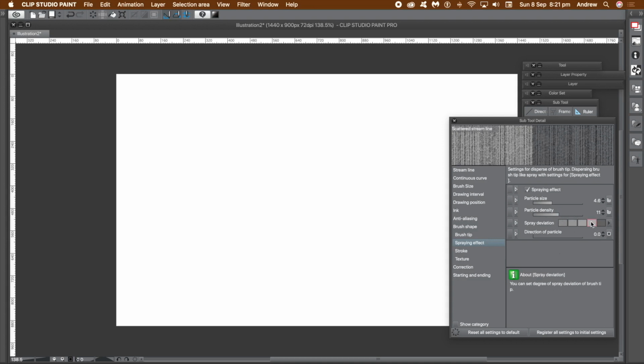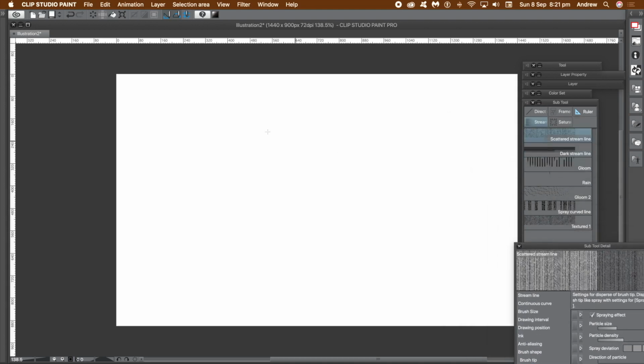Go to Spray Deviation, set that to a fairly high value as well. Go to the Direction entry and click the right side box to bring up randomization. More randomization, the better. You can always change the settings at any point, so you can always go back to brush size or gap, etc. and change them. Go to the image and draw a line from left to right to create your first texture